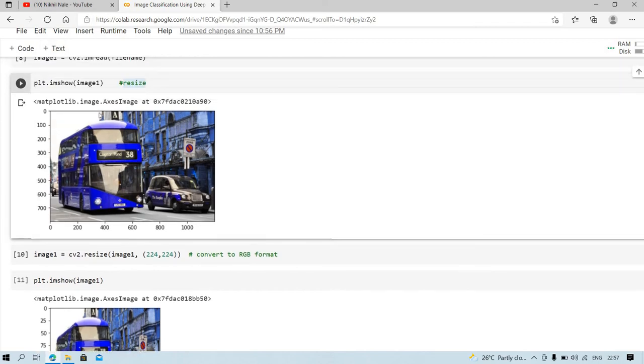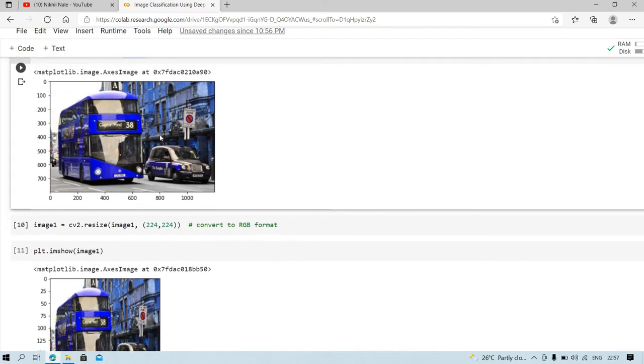You will see the size of the image over here, about 1000 by about 700. So first I will resize this image to 224 by 224.